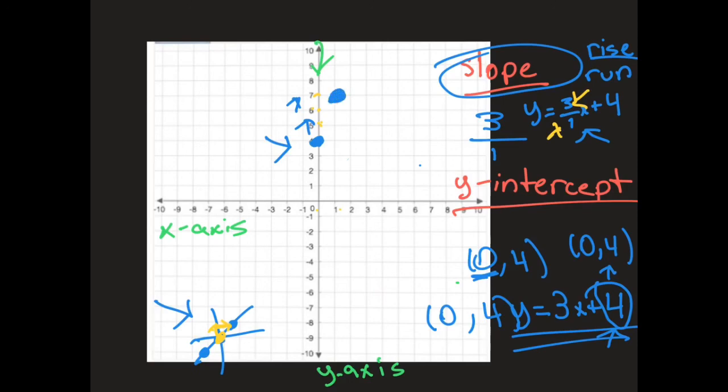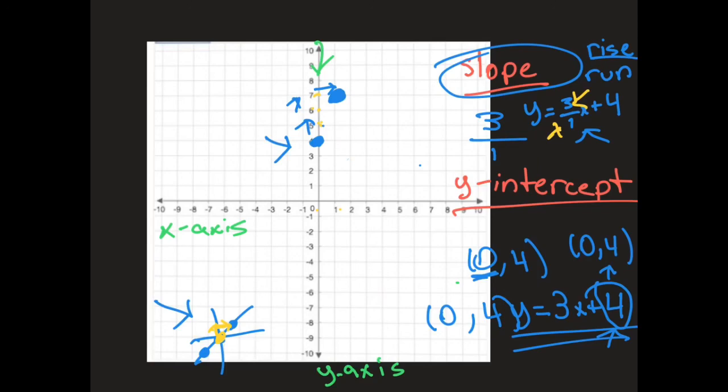So now we know that this point, 1, 7, here, let me make it blue, this point is the next point in our graph because we know that within each point, this line rises 3 up and it runs to the right once. So we know that's how each point is. It's an equal distance from each other, and they all have the same rise over run. Because within each point, the line is going to be rising 3 and going to the right 1, because the 3 over 1 is the slope or the steepness of our line.